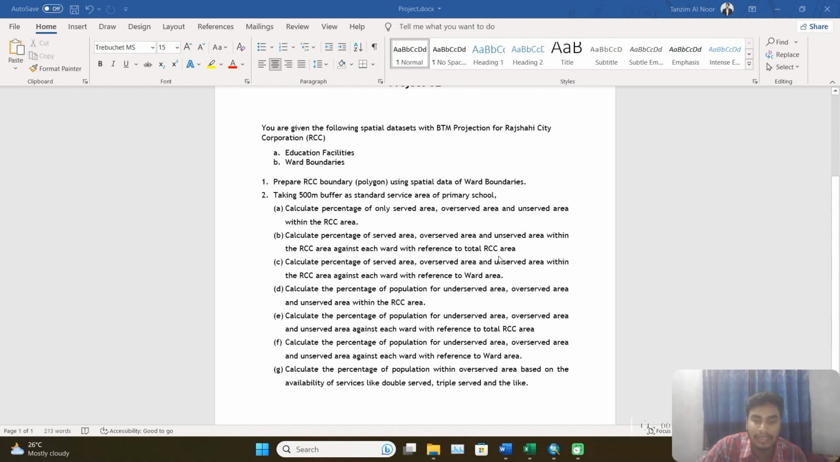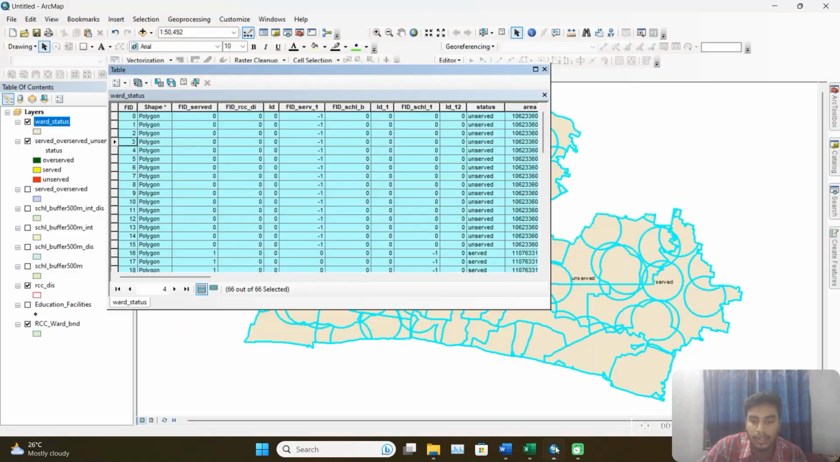So what does it mean? In question B, the RCC total area sum was 100, equal to the RCC area, but in this case each ward will be 100 in percentage. So let's do it. If we close this again,